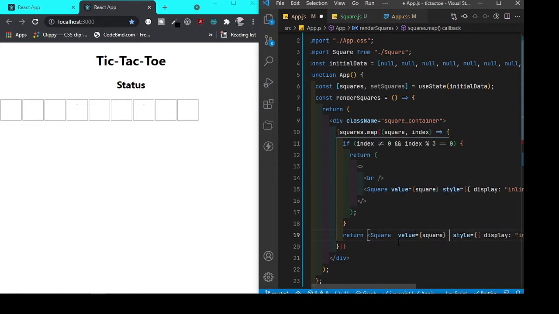Let's say value as square. Okay, so somehow it is not working, so I have to debug it. Okay, so squares dot map, then we have square. Okay, so square combined